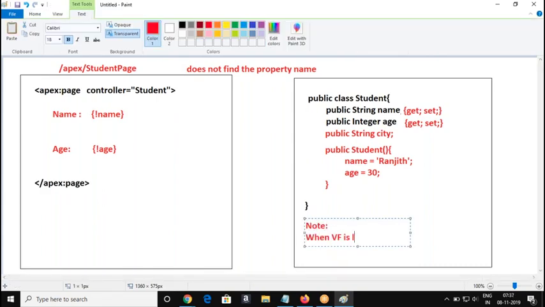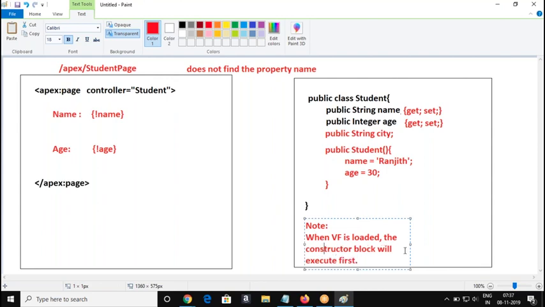So when VF is loaded, the constructor will execute first.